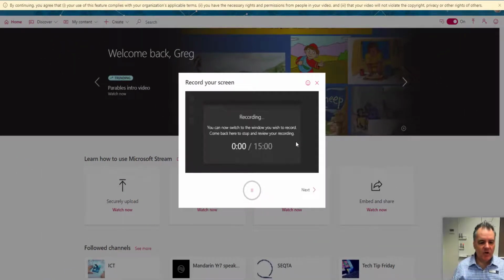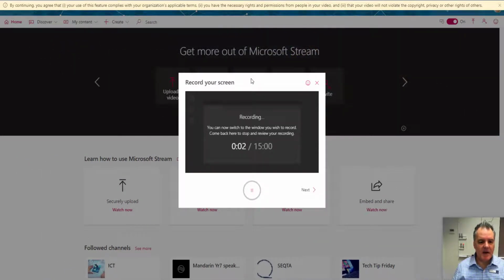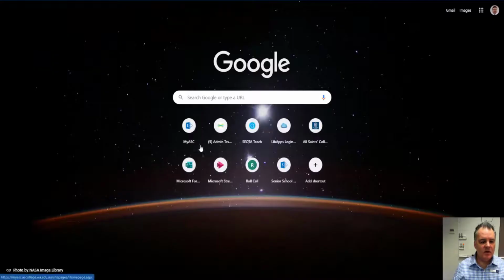You can see that there's a time limit of 15 minutes, but now it is recording everything that is on the screen, and you can do anything that you want here. You could have a OneNote open, scribing on that. You could have a website open. It's great to do screen recordings and demos. So let's go back to there,